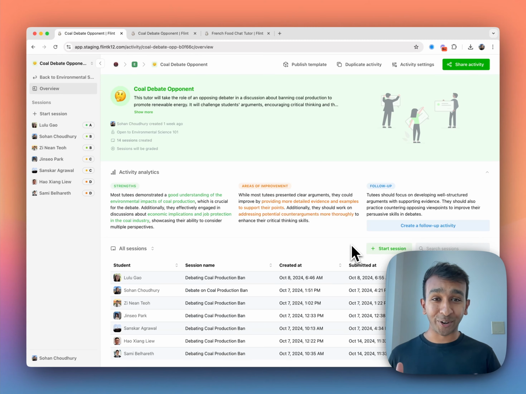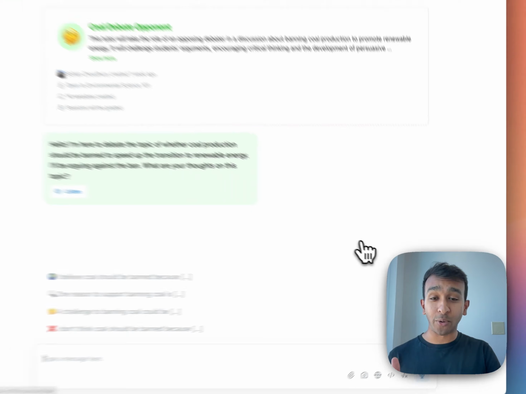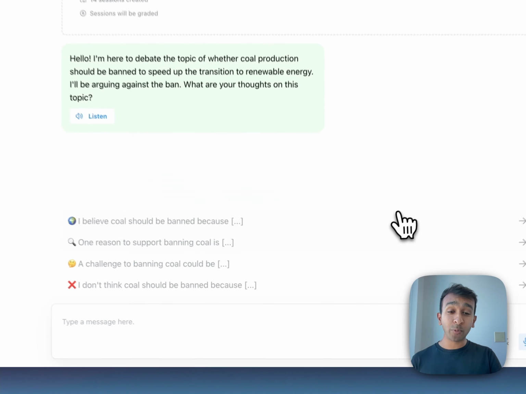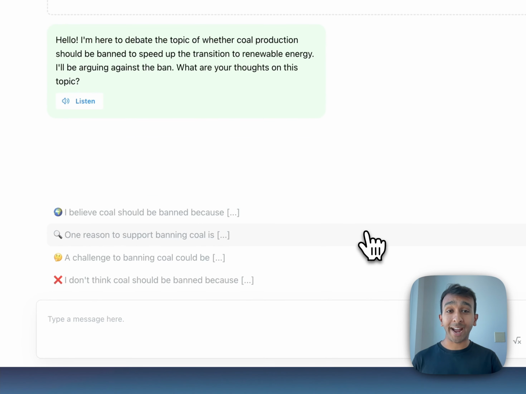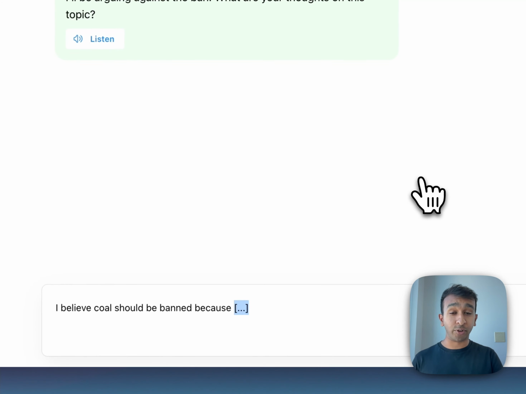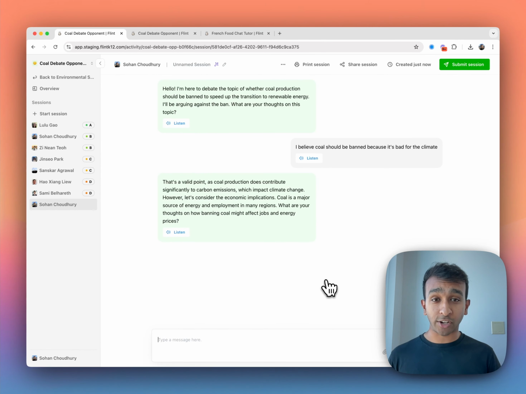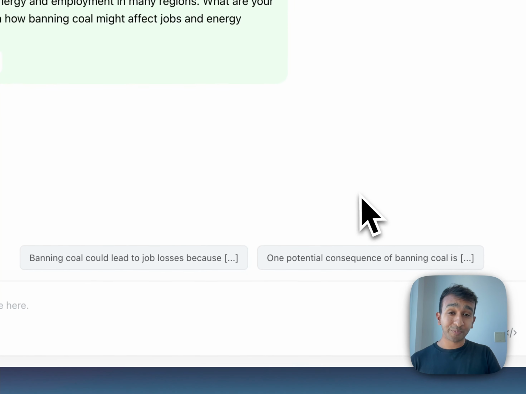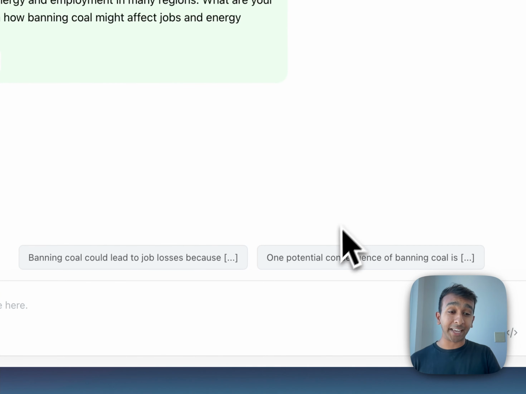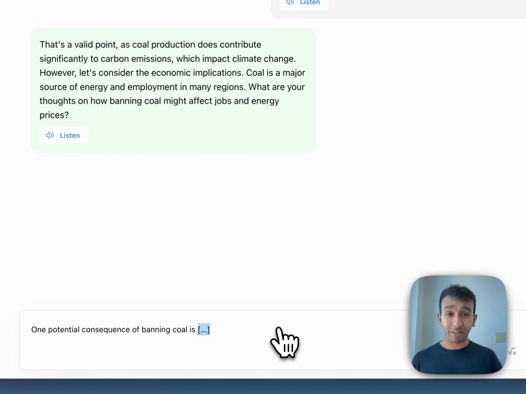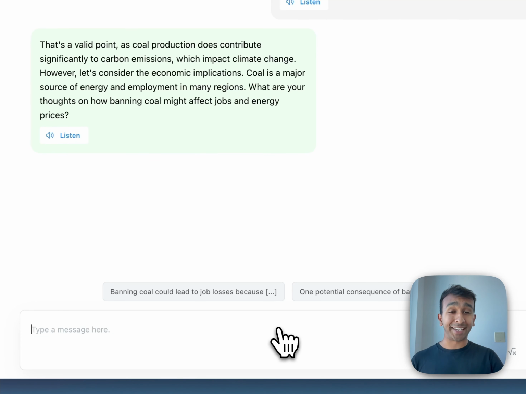So for example here, let's say I click Start Session to go into the student view. The AI will give me some suggestions of how I can start this conversation. So let's say I click on one of these and fill in the blank. Once I send that message, the AI will give me subsequent suggestions for how I can continue the conversation. So as you can see here, it's giving me some suggestions. I can click on one of them and continue the conversation, or of course, I can type in my own